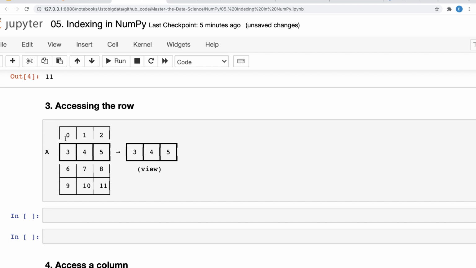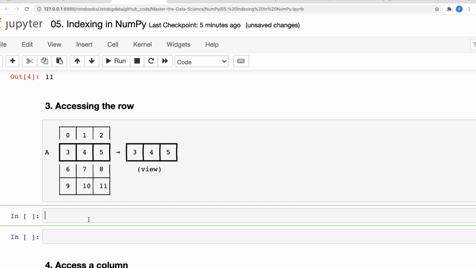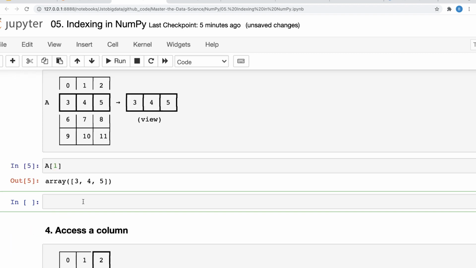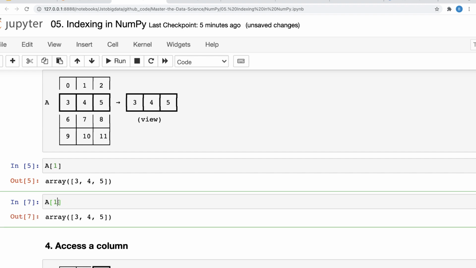So now I want to access a specific row, right? I want to access the 3 4 5 elements together. Now this is my first row, the row at index 1, right? So what I will do is use a[1], that will give me the row 3 4 5, and I can also do the same using a[1, :], saying return me all the columns in this. Similarly I can also do 1 comma colon, colon meaning all the columns. So row comma colon, colon meaning all the columns.